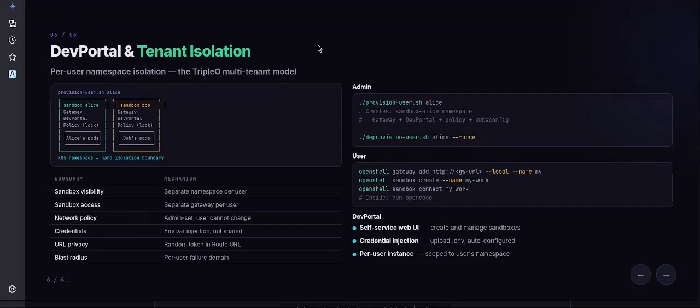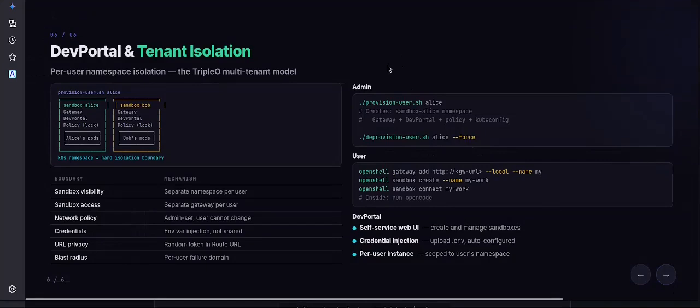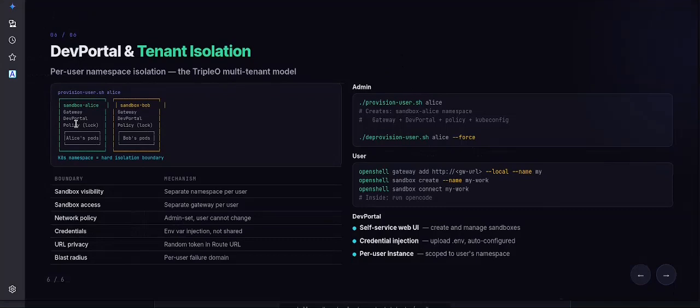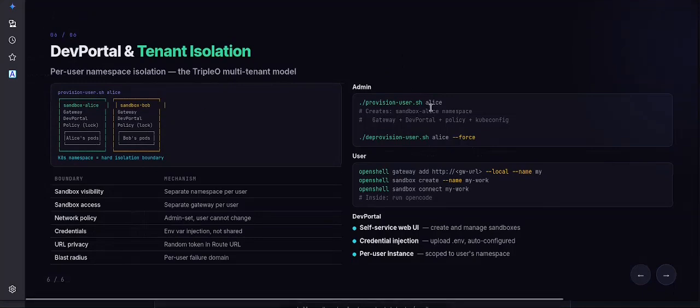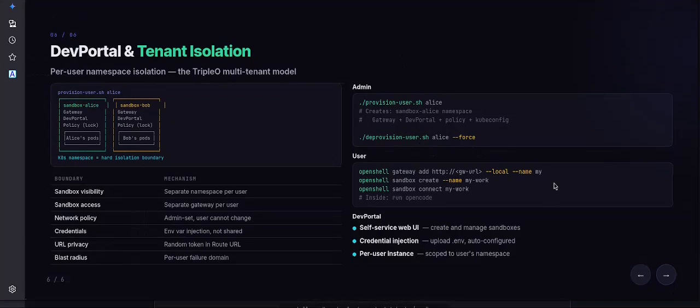So as admin of the system, I need to provision a user. It will create a tenant, OpenShell gateway, policy for this gateway, and everything else that's needed for running sandboxes, and provide the user with a gateway URL. And the user can add this URL and create sandboxes. Another option is using the portal, for which I provide a URL as well.